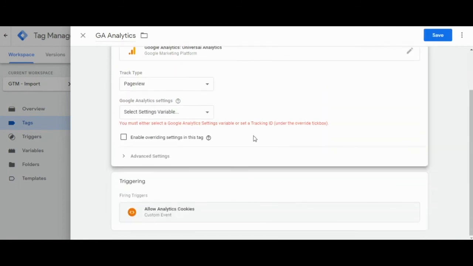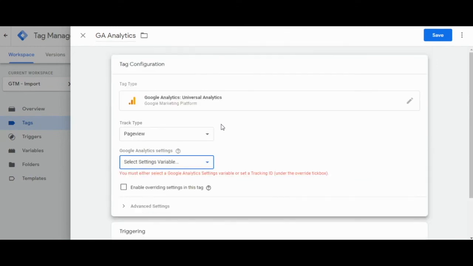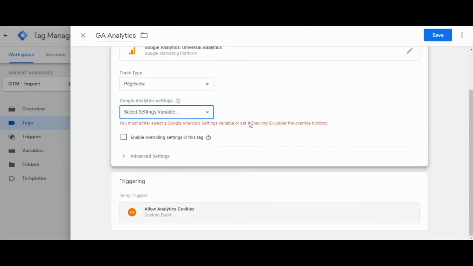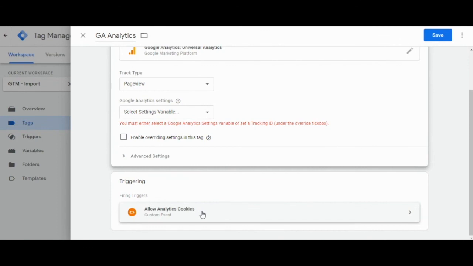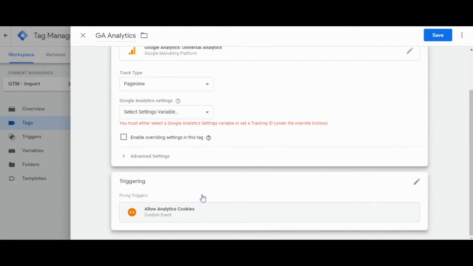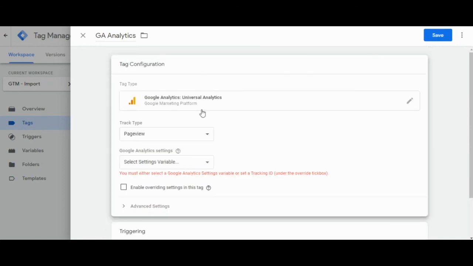Yeah. So now what it will do is essentially ensure that rather than getting fired on all pages, whenever we get consent for analytics cookies, this tag gets fired. And in case you have a user which is being shown a notice banner, this will automatically fire. Same will be the case in California, where opt-out was selected, because in opt-out user can deny the consent later. If the user denies, then this trigger will ensure that tag is not getting fired.